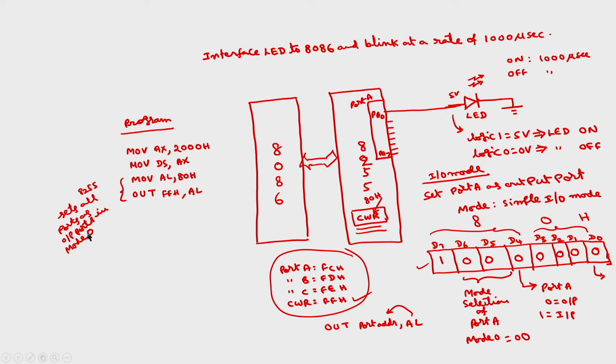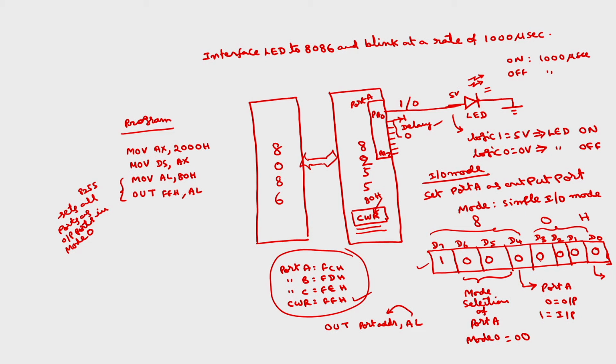But I have used only port A. Anyhow, port A also will be used as an output port. Now what you have to do? You have to send a logic 1 on this, so that the LED will glow. Then you call a delay, then again you send logic 0 here. Send a logic 1, call delay, then send logic 0, then you repeat the loop. Again you send the logic 1, delay, logic 0. So continuously this LED will blink at a rate which is set by the delay program.